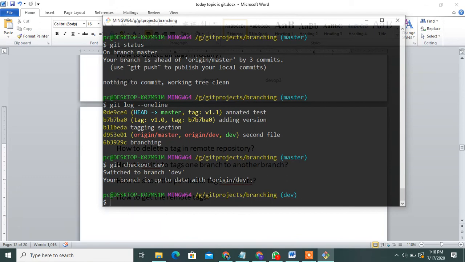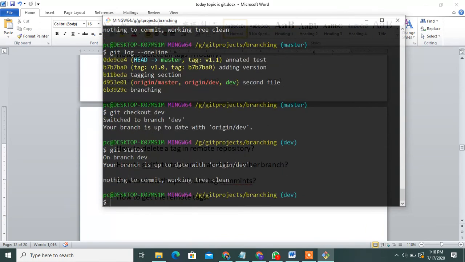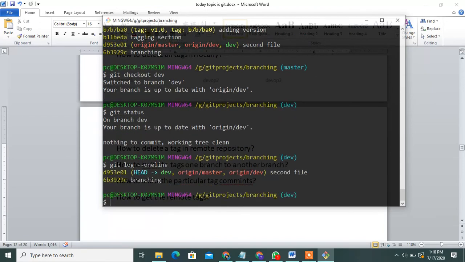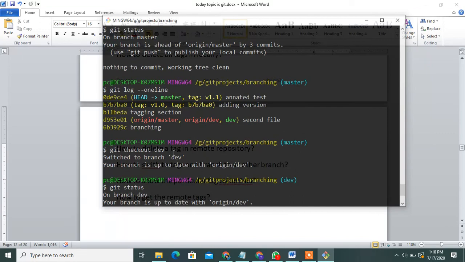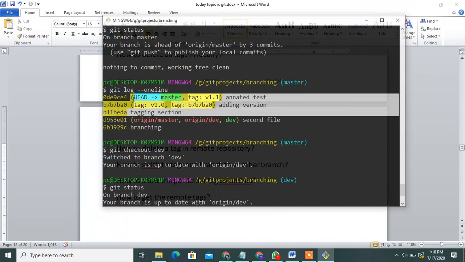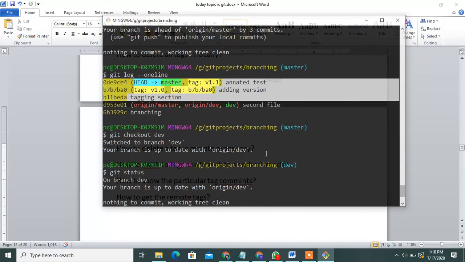Okay, check the git status, then git log --oneline. Only two commits, okay, 9C and 01. Only these three commits you can use to switch from one branch to another branch.